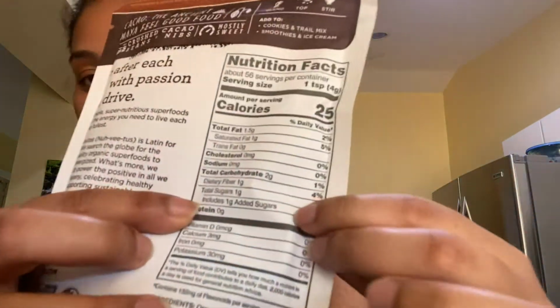It actually says total sugars is 1 and includes 1 gram of added sugar, so it's not too bad. So this is something that really is great to add to your smoothies, on top of your smoothie bowl, on top of your oatmeal. You can also do it in the banana ice cream. So the frozen bananas, you blitz it up with some Greek yogurt, some of the vanilla bean paste, and then you could put some of this in. If you want to make a mint chocolate chip, you could put a couple drops of some peppermint